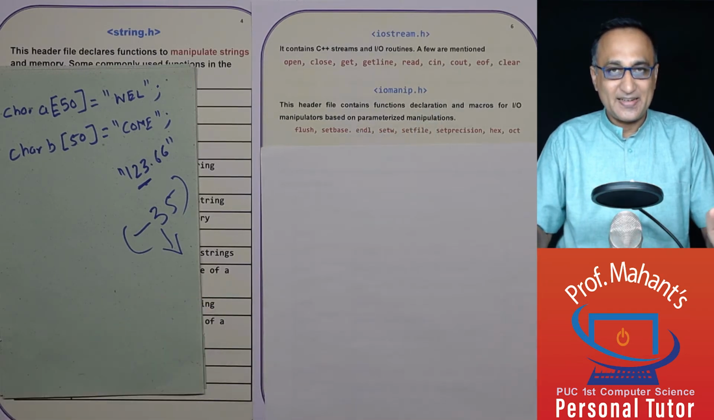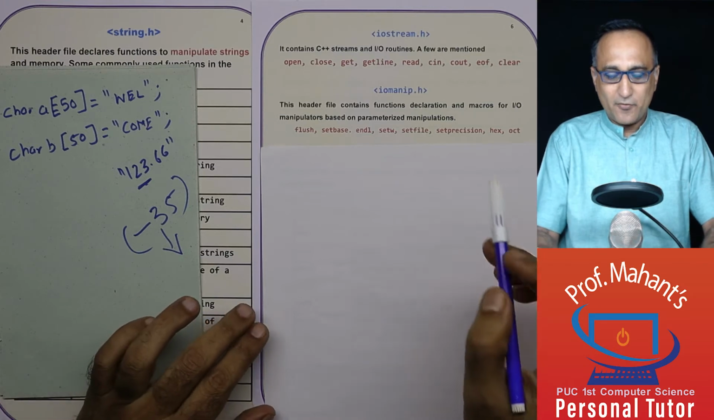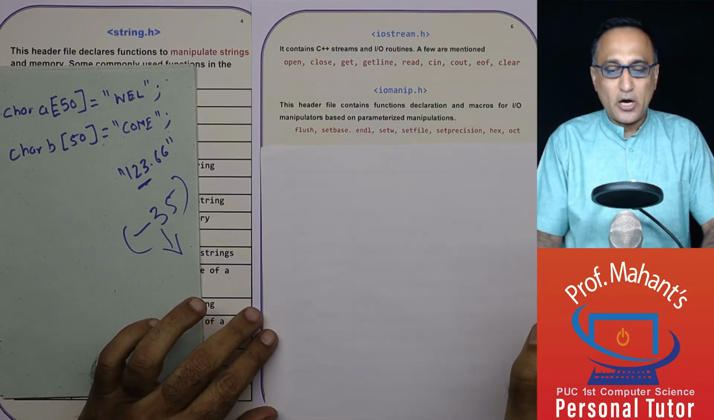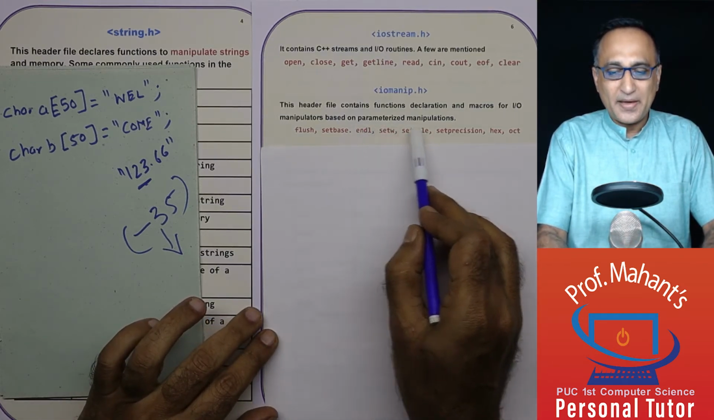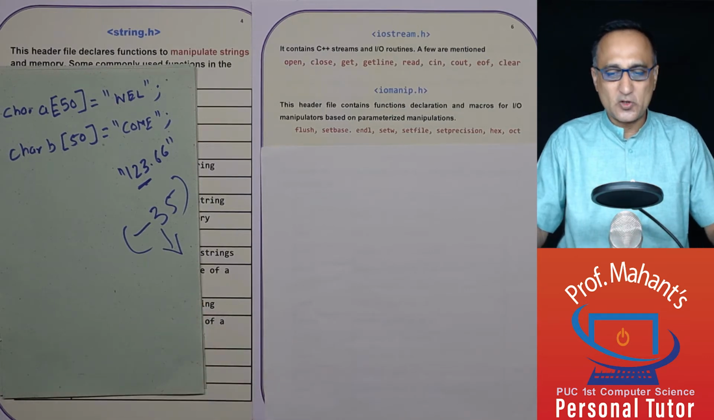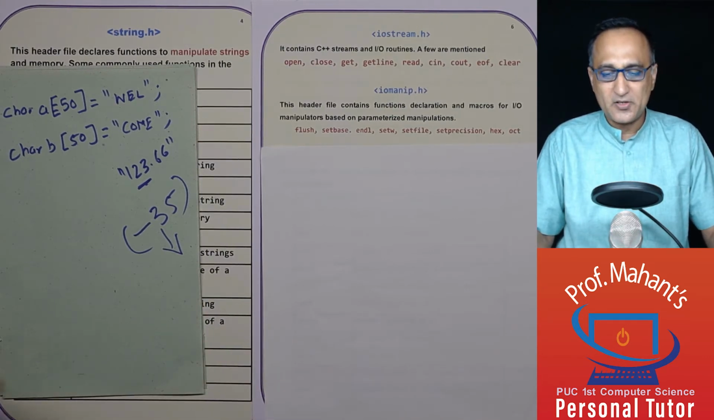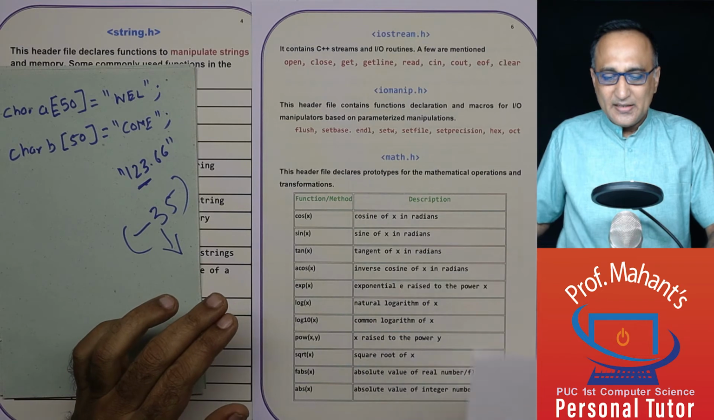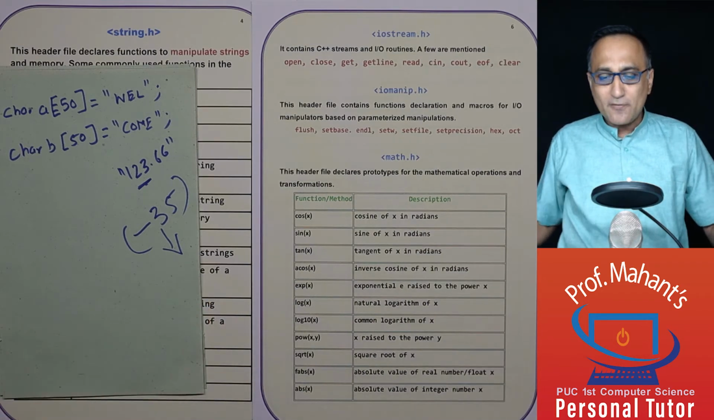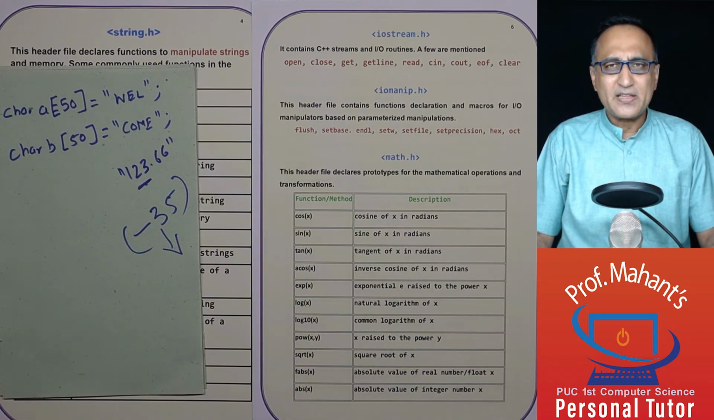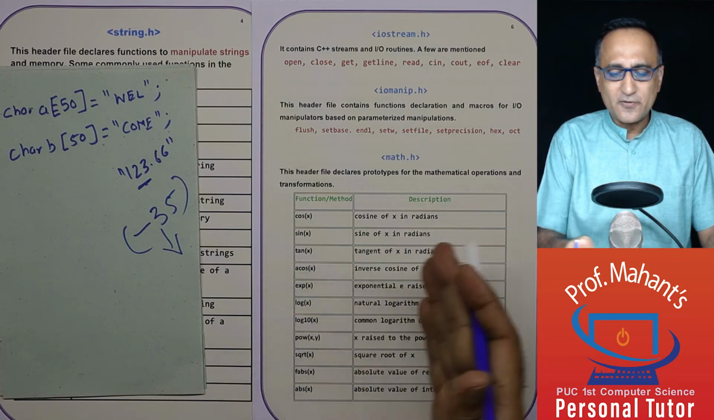This header file contains declarations or prototypes for manipulation of the input output based on parameterized manipulations. That's why it's called iomanip.h. Then math.h. A lot of times we'll be doing a number of mathematical activities, finding the cos of x